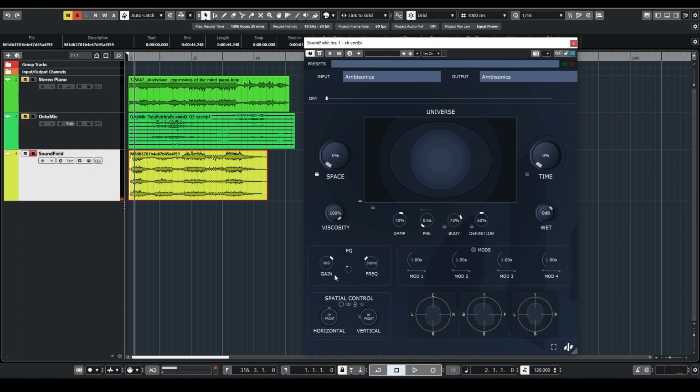So let me just open the fine-tuning controls, which help me change the colors of the reflections. So for example, when we listen to something and we just freeze it,